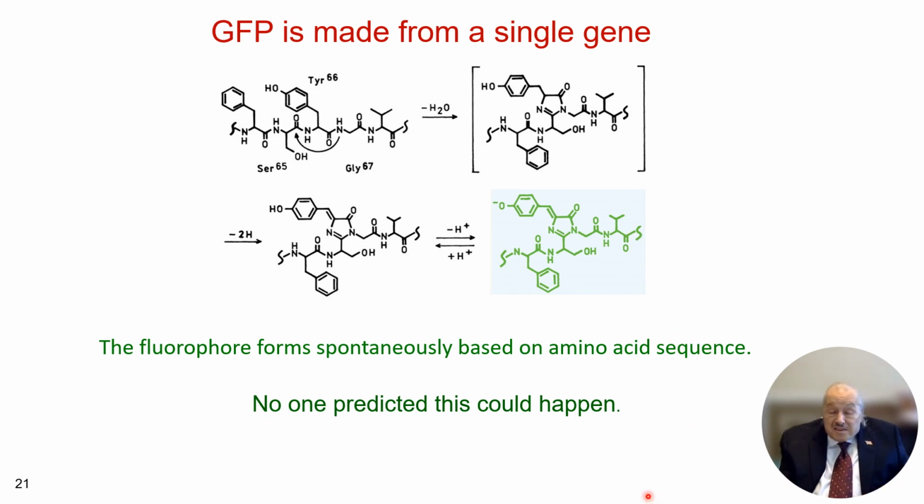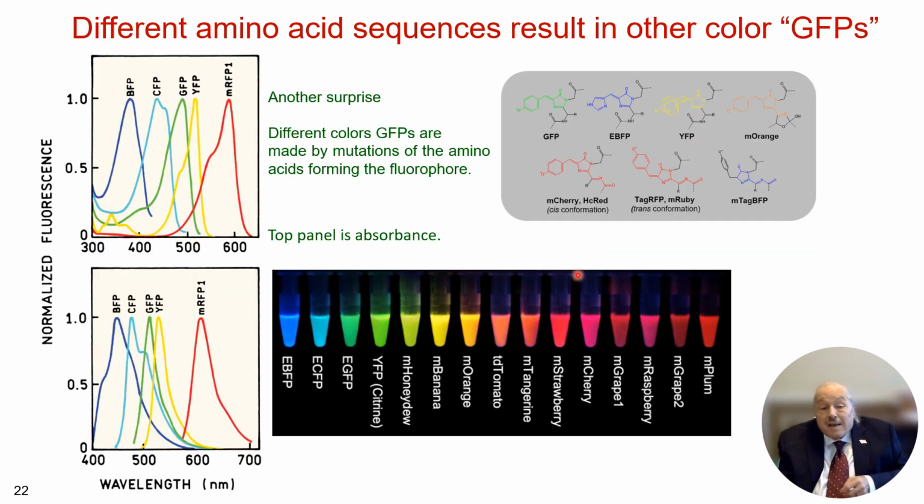No one predicted that this could happen; this was a mystery for quite some time. And it turns out that when the protein folds, when that beta barrel forms, it's an auto-oxidation reaction, and the chromophores form spontaneously. So that was just remarkable and resulted in a couple of Nobel Prizes. But the implications of this are many, because you can put a single gene into almost anything, and surprisingly, that